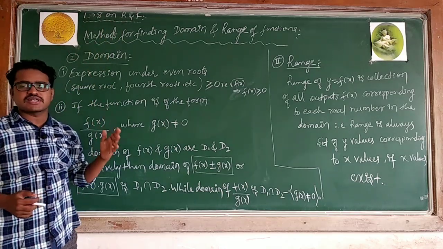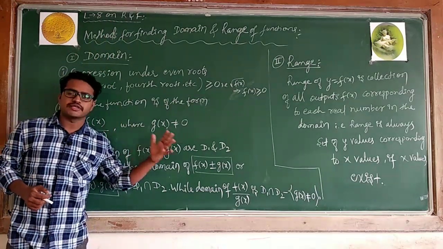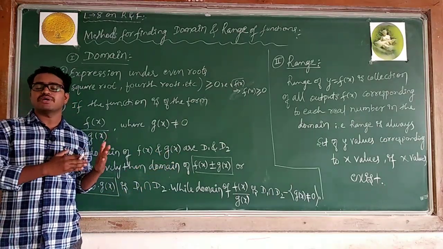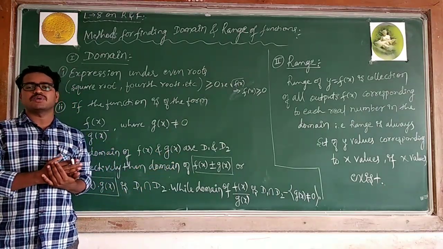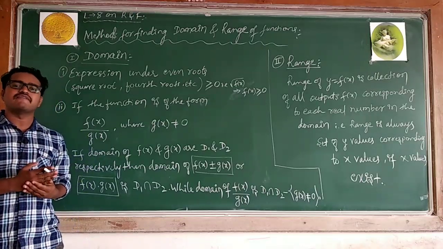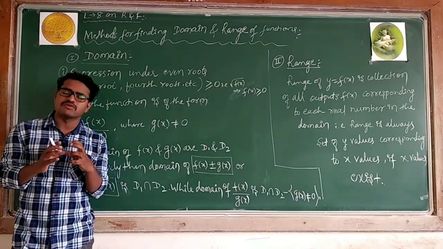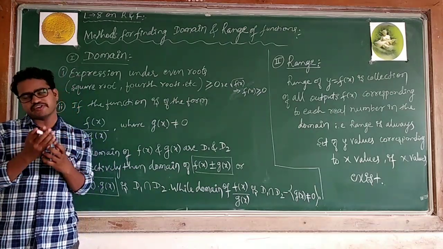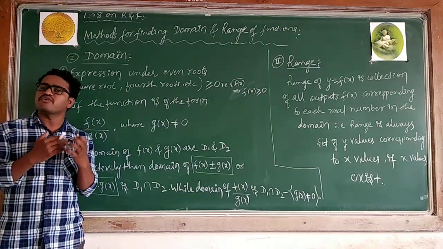As you know, in the previous class I had done graphs related to some functions. In the case of a graph, we are finding its domain and range. Domain is always what? The x value. Range is what? Always the y value. Means the range always depends upon x. When a value of x exists, you will get a value of y also.